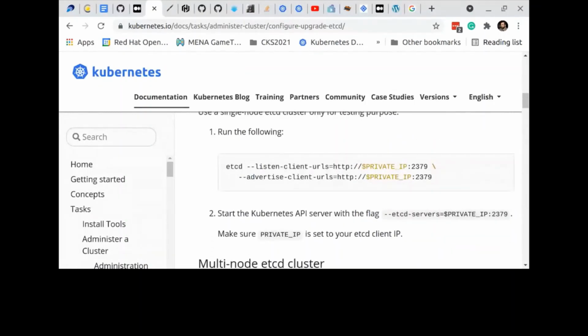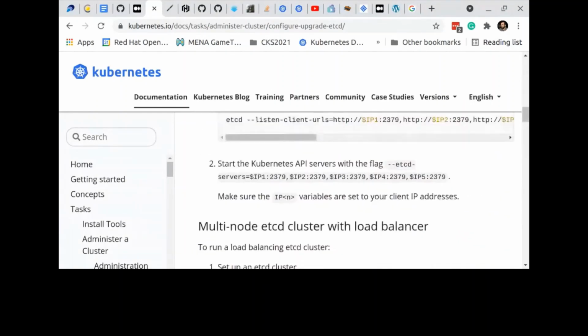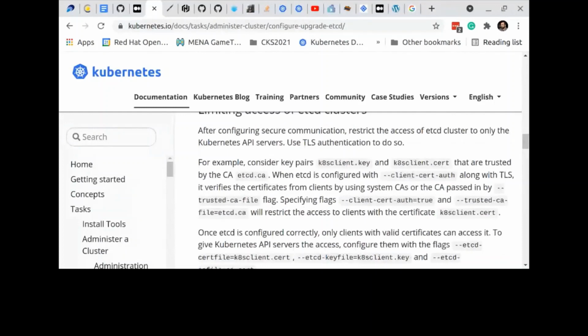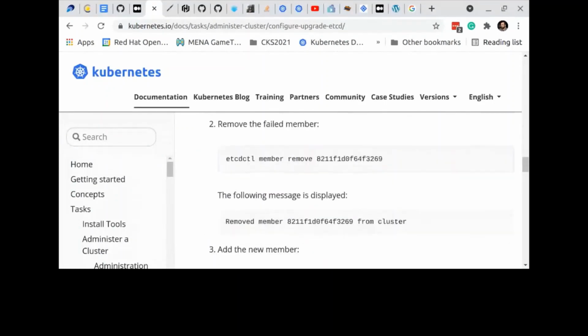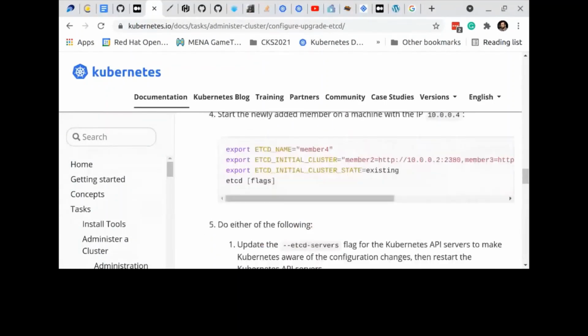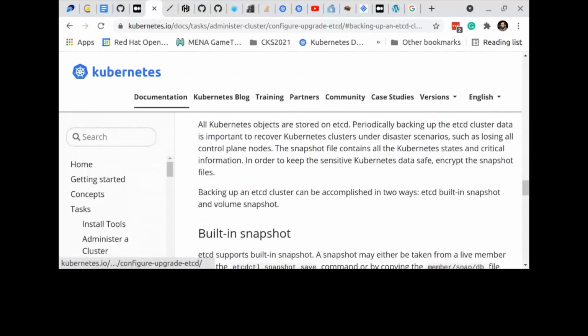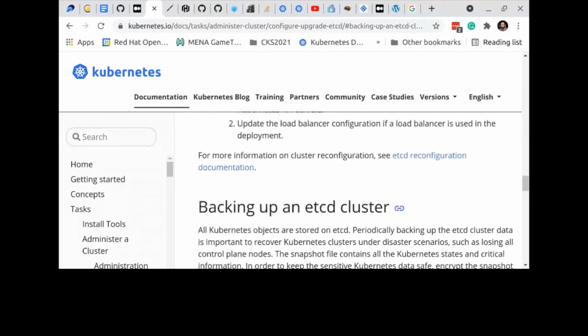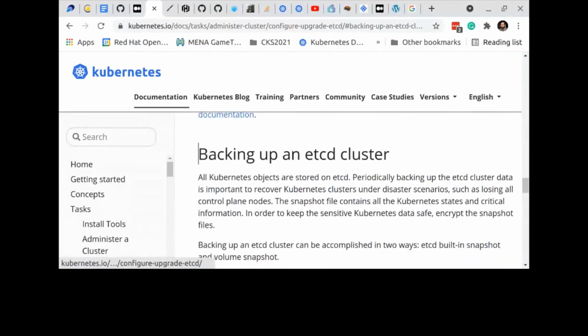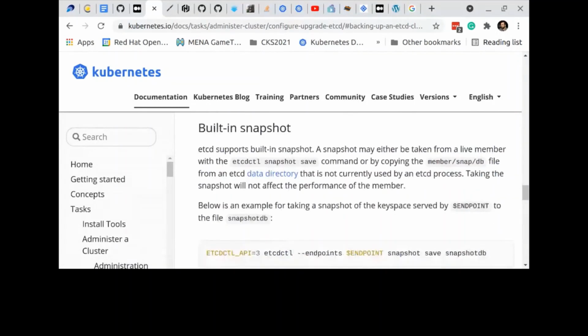Now, I didn't use, so this is how it runs etcd. Multi-node etcd. It will be at the end. Okay, add the new member. Backing up an etcd cluster. So this section you should really bookmark, and you should really know how to get into it quickly.